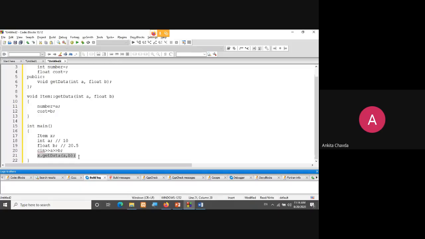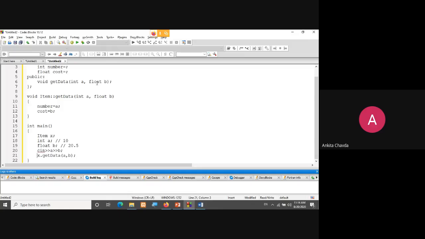So after calling this function x dot get data, because this function is public and I can call it with the use of the object, I'm doing number is equal to 10 and cost is equal to 20.5. This is what I'm doing.